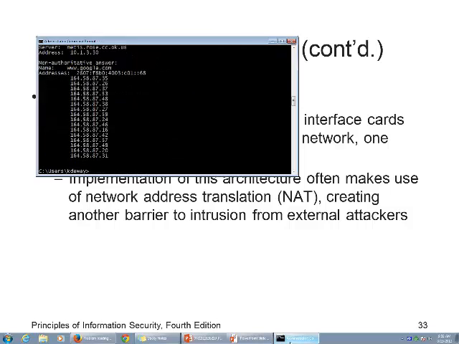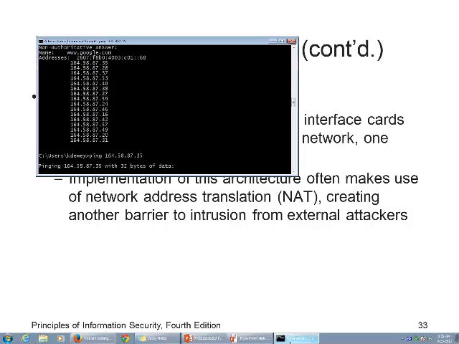If I do a name server lookup for Google, Google has a lot of addresses. It's called round robin, which you learned about in other classes. But if I want to connect to Google, I ping 164.58.87.35. Ping stands for Packet Internet Groper. I'm sending a packet to Google, and it's coming back. Problem is, it's not getting there.